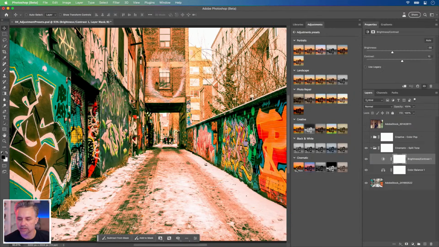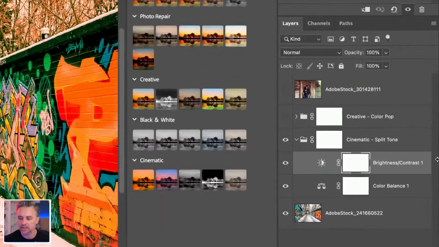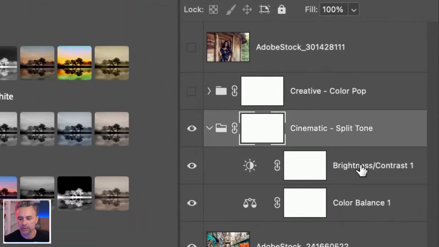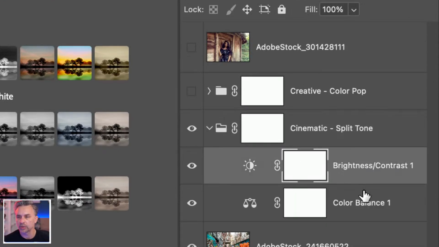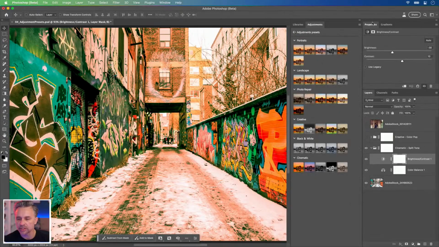And I like cinematic. So let's try cinematic. As I click on cinematic, split tone, this is why this is in a folder, because there could be more than one. Places them right here. We can jump in, play with the properties, adjust the brightness. And like we said, the color balance is right in here. So the midtones